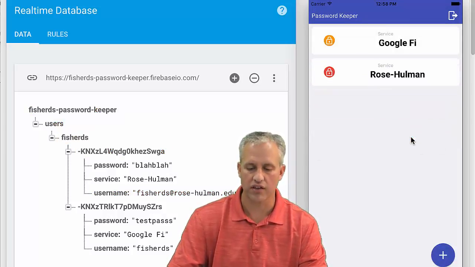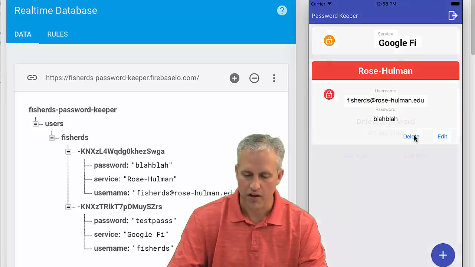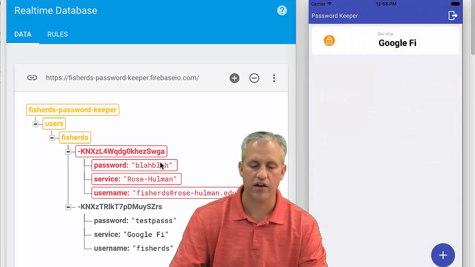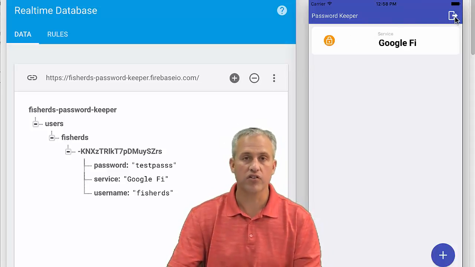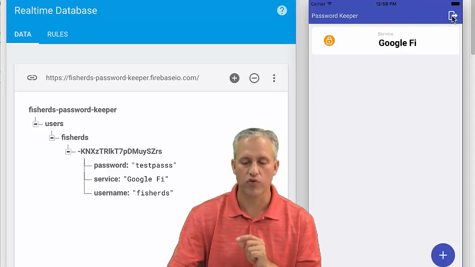And you can see that it auto updates it on the back end. You can also delete things. Oops, missed the delete button there. You can also delete things, and it'll actually delete it in the back end. Now, if you're signed in as someone different or using a different sign-in method, of course, you don't see other